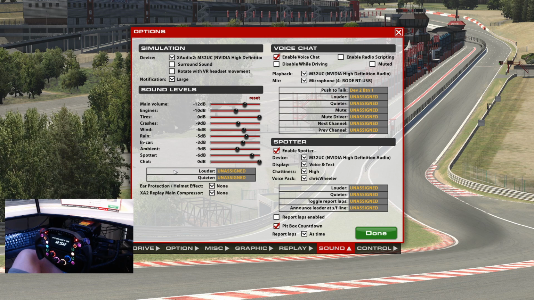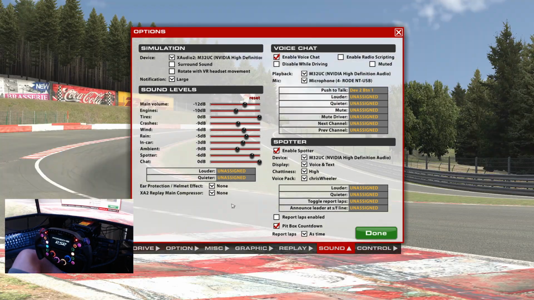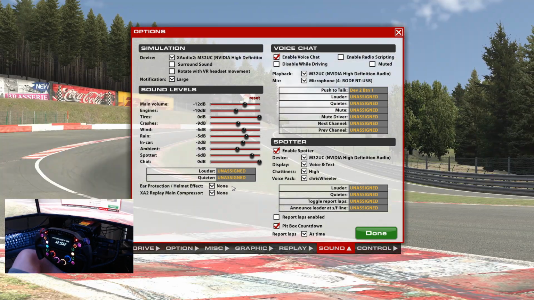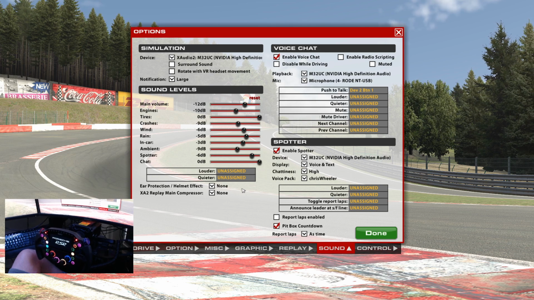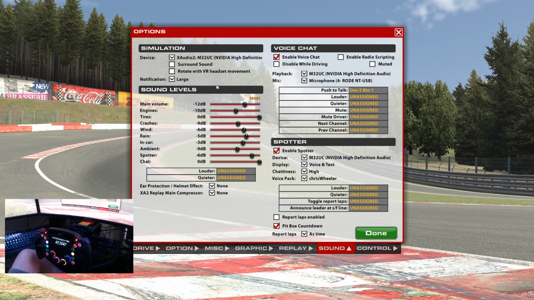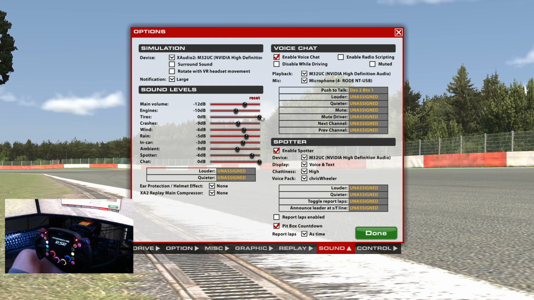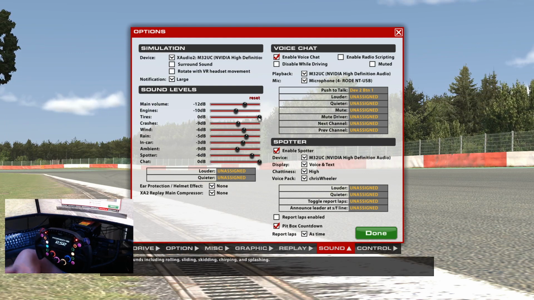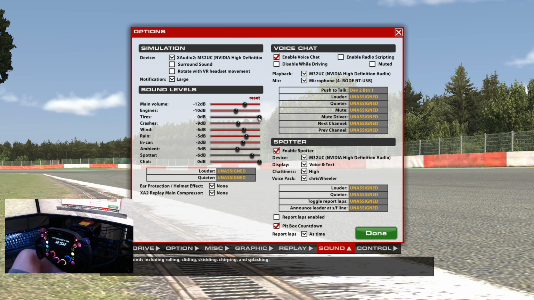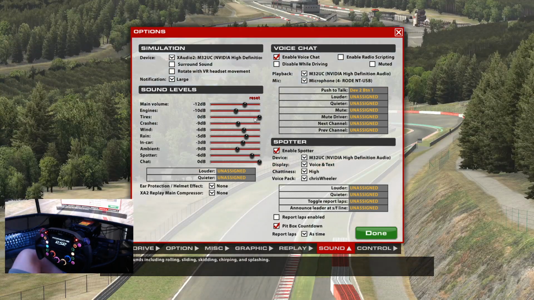Just going through sound levels, again, there's lots of variety of feedback here around how people set this up, and at the end of the day, the preference comes down to what you find important. For me, as you can see, I've got the tyre volume set all the way up because I want to hear the chirping and sliding of the tyres